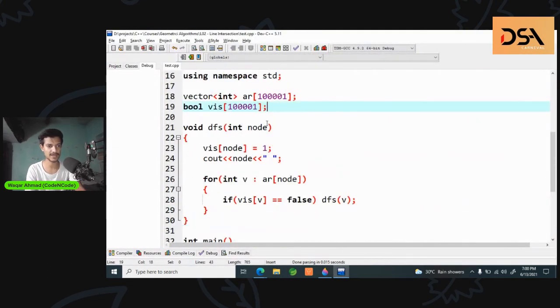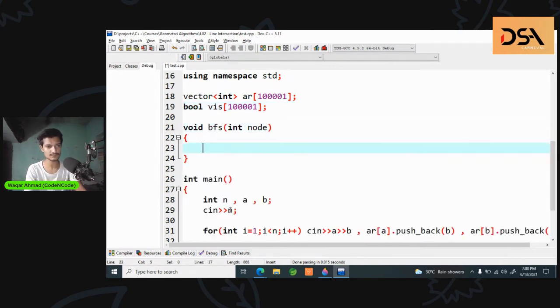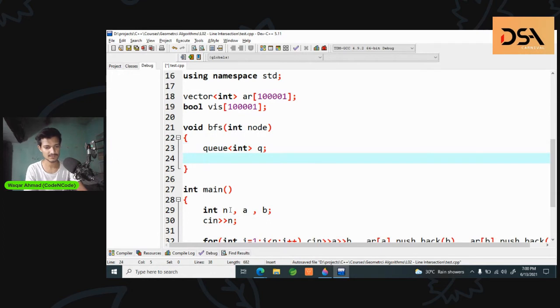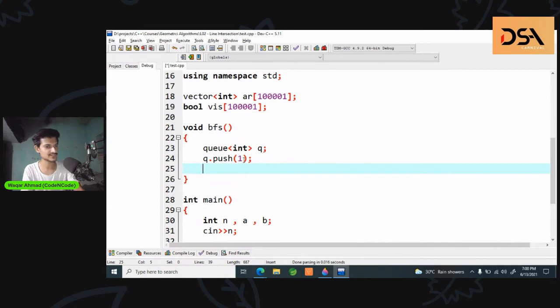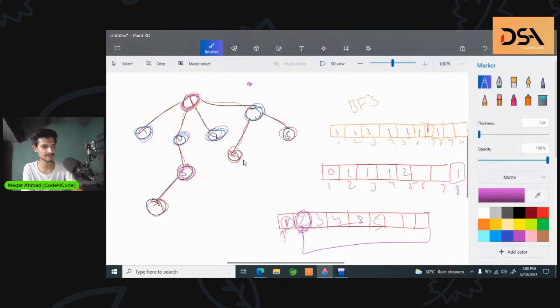Okay, we need one more array, and let's remove this. BFS, what we do, right? We create a queue of int type. In the queue, I guess we use the push function. Node 1, I don't even need to take this. Why am I inserting 1? Because 1 is the root,